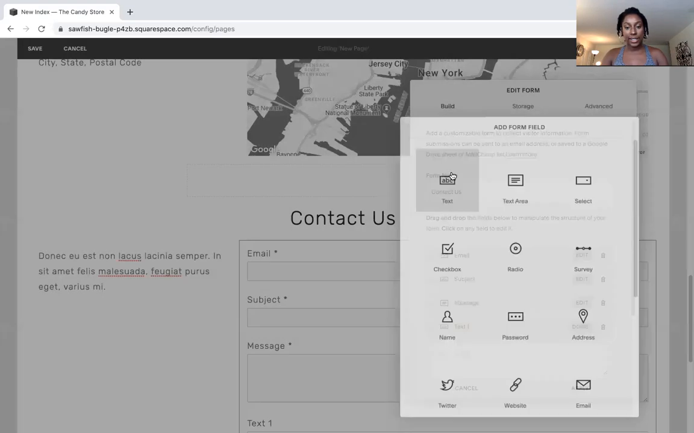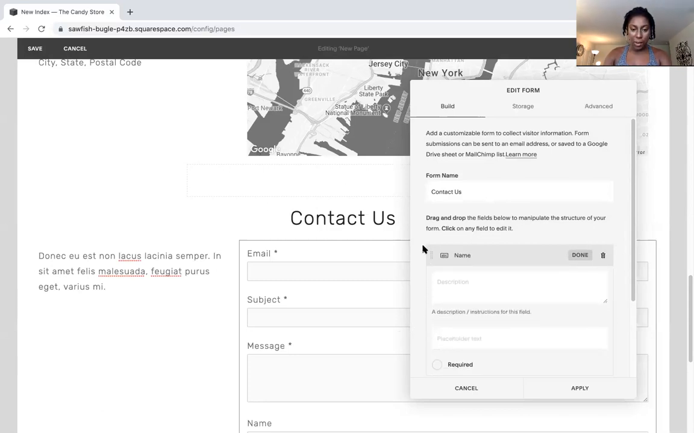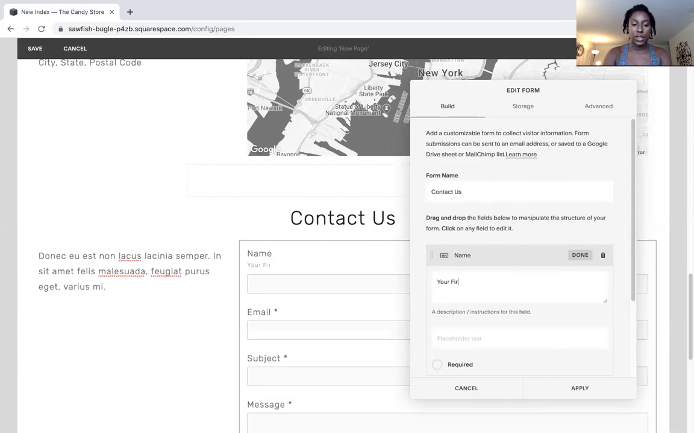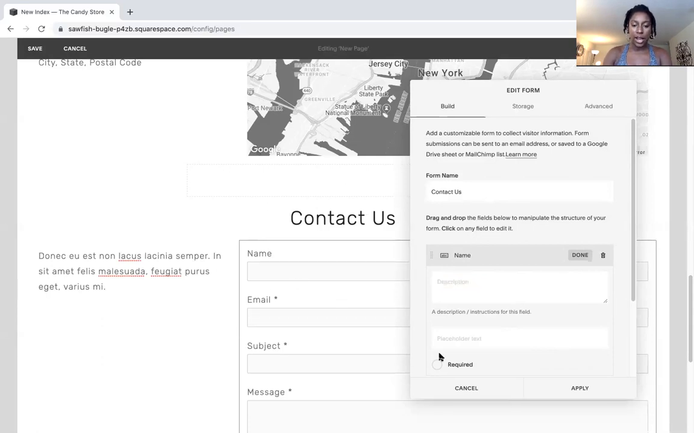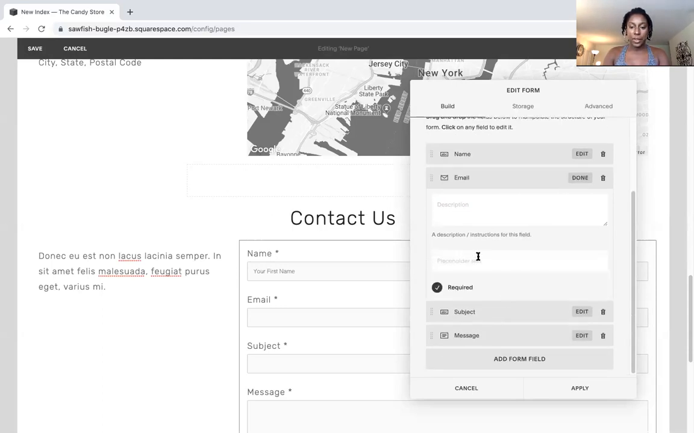So I'm going to go to text, and then I'm going to say name. And the good thing about Squarespace is that look how you can move stuff up. And then if you want the information in a specific format, like description, you could say your first name, if you like, or actually I don't want that there. I'm going to X that out, and I'd rather put that in the placeholder text so people know to write their first name. Email, and then let's make that required because I want it to be required. Email, we can edit that. We can do placeholder text, your email